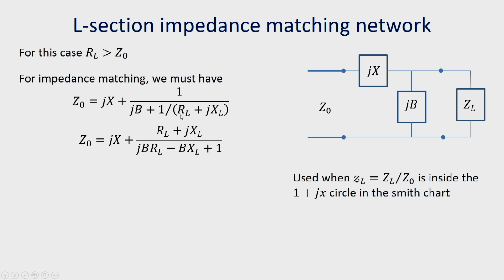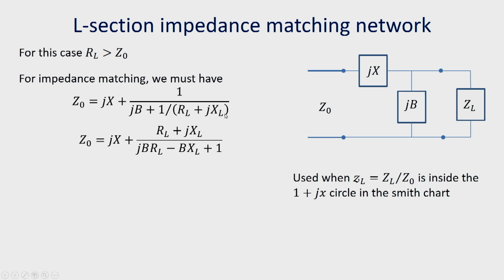So, if we multiply jB by RL plus jXL and also take RL plus jXL to the numerator, we get this expression,